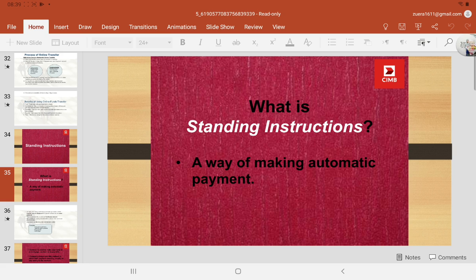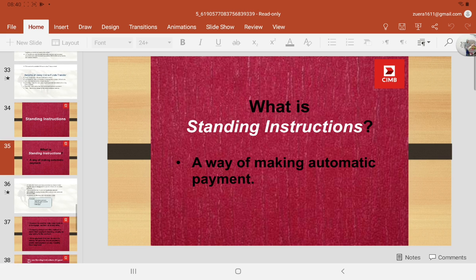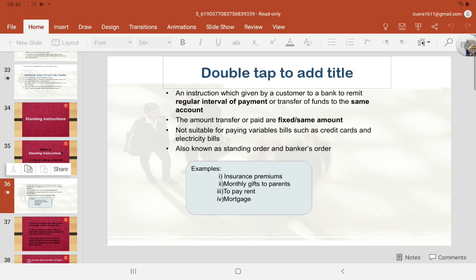For example, the name and address of the beneficiary, the amount involved, what is the amount of payment they want to transfer every month, the date of payment, and from which account the remittance is to be done. So the standing instruction is the instruction given by the customers to the bank,